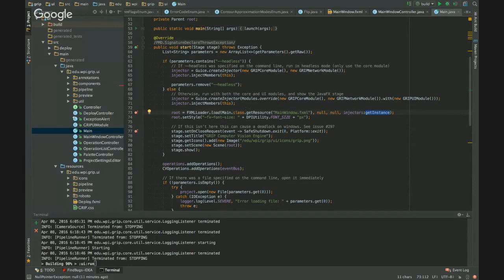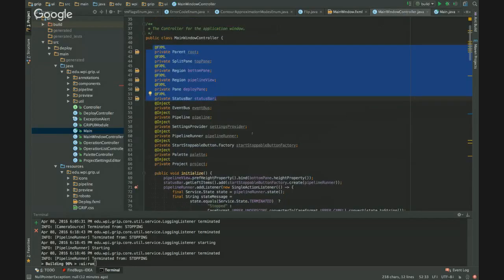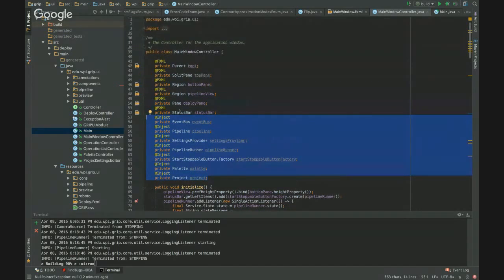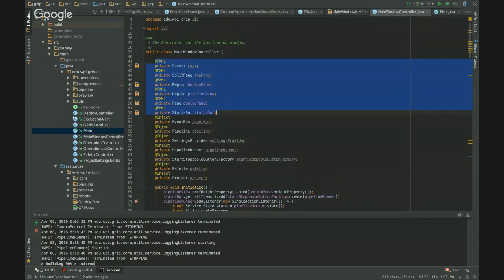So basically what it's doing is it's saying, create a main window, and whenever you need to load a new instance, use dependency injection to get it. So that then creates this. These are all, this is field injection. Not a huge fan of it, but it really works for UI. Then FXML does its own field injection, and that assigns these fields to be